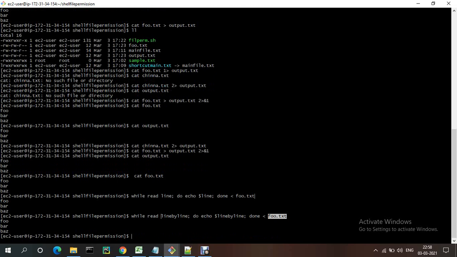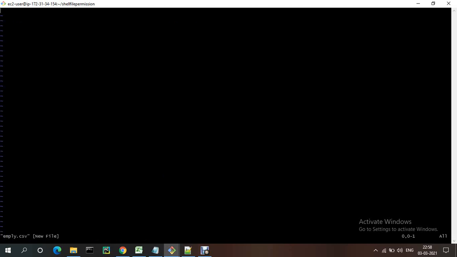So I want to create one sample file, and on that sample file I need to display something. Let me create an employee.csv file. Just employee ID, employee name, employee salary.